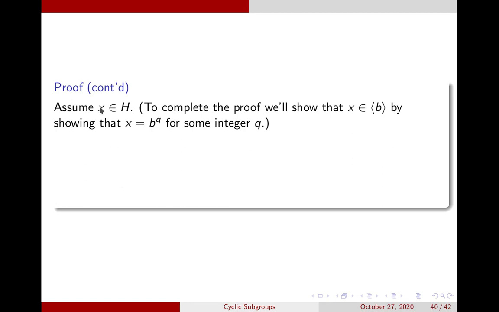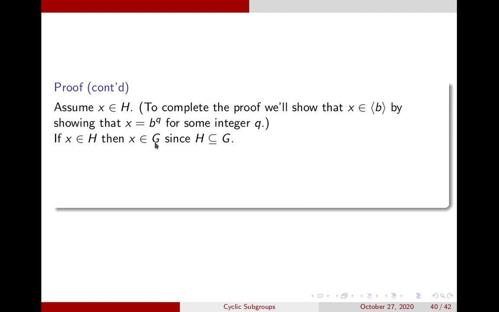So we're going to take an x in capital H and try to show that that x is in the subgroup generated by little b. And how do you get into the subgroup generated by little b? You have to be a power of little b. So we're taking an x in capital H, and we are going to argue that x is b to the q for some integer q. Okay, so first of all,